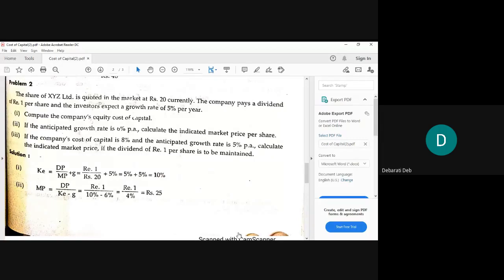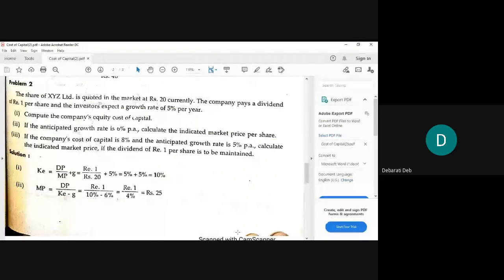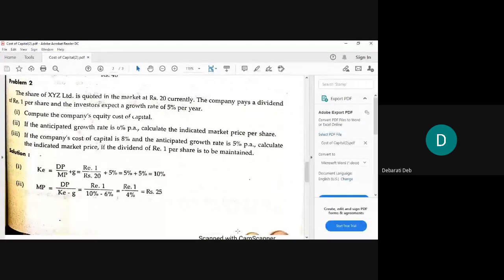Okay, so we were left with one sum yesterday. This was in relation to finding the cost of equity share capital with growth dividends. Today also another sum we will do. This will also be related to growth dividend. And here the rate will be given directly to you. In yesterday's sum, the rate was not given directly, but here the rate will be given directly.